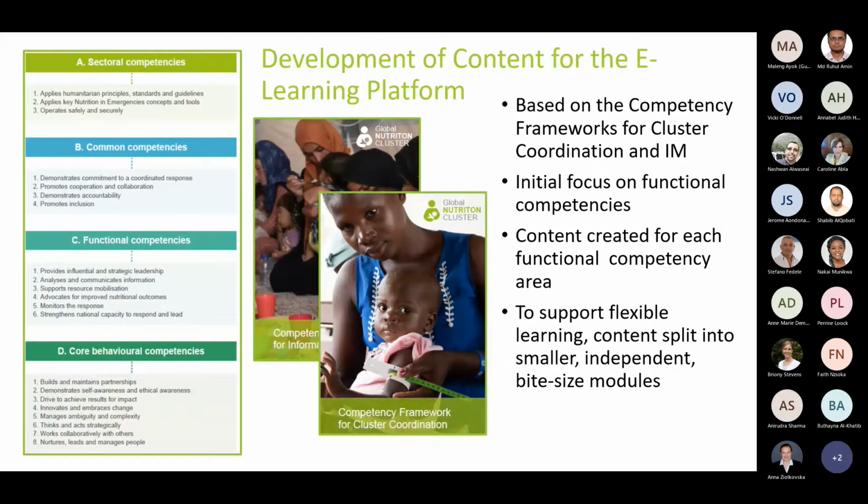So how was the content for the e-learning platform developed? Well, it was developed based on the competency frameworks for cluster coordination and information management that were finalised in 2020, and they finalised last year. And the initial focus of the content development was on the functional competencies of the two frameworks, so highlighted here in red. And these are the specific proficiencies required by cluster coordinators and IMOs for which there was no prior